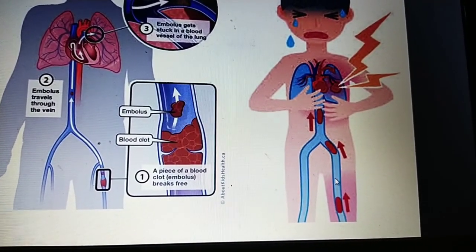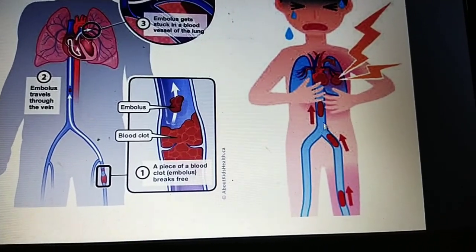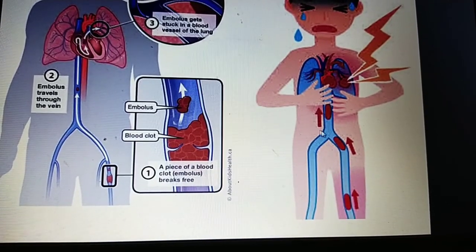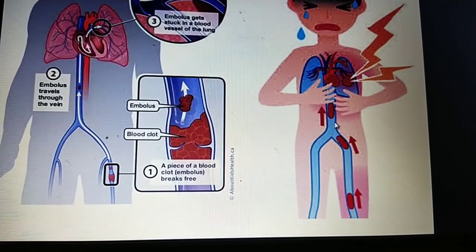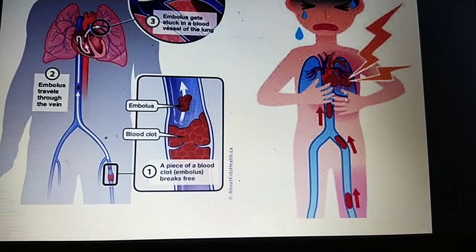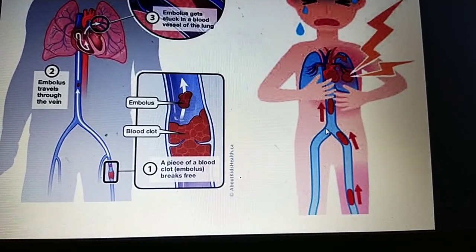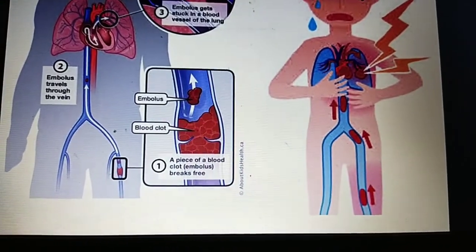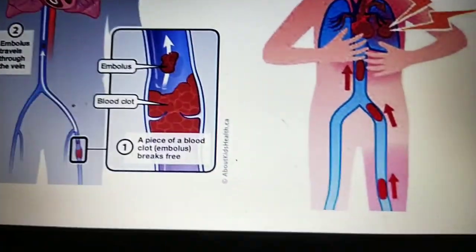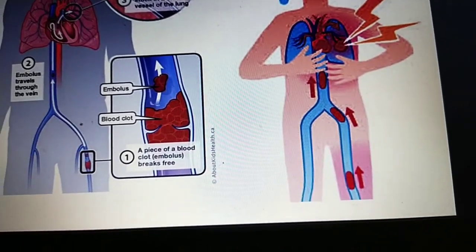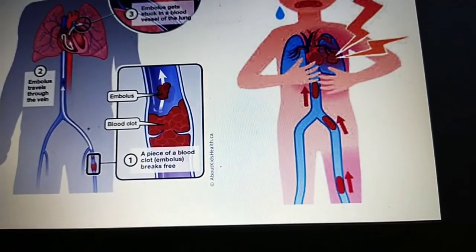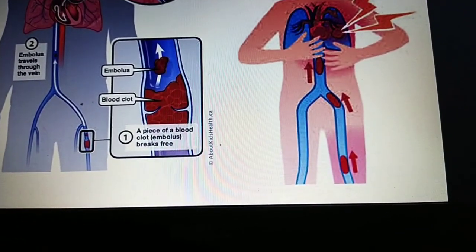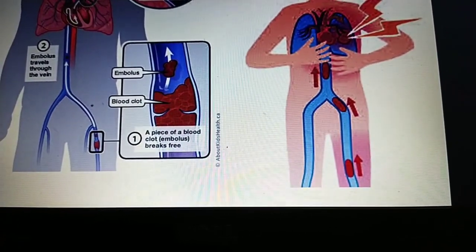It may be in the thigh, it may be in the calf, or it may be in the thorax or abdomen or abdominal inferior vena cava. Okay, anywhere in the deep veins. Mainly, as compared to the superficial veins, deep veins are larger and wider. Because of that, most of the time these deep veins produce big clots.